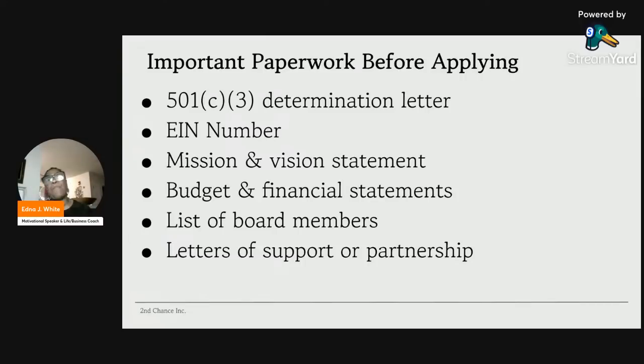Now, this is the part that I feel a lot of people do not get done first, right? They don't have these things so that they can go on to the next step. I'm a great proponent of knowing where I'm going and how to get there. And I guess most people think, oh, well, if I get a grant, I'm going to help write this whole thing through. It's not that easy, because you're going to have to know where you're going before you can get there. The idea is great, but where you're going with this idea, what you're going to do with it, who you're going to serve, how many you're going to serve, what the outcome is, and how the impact, what it's going to change.